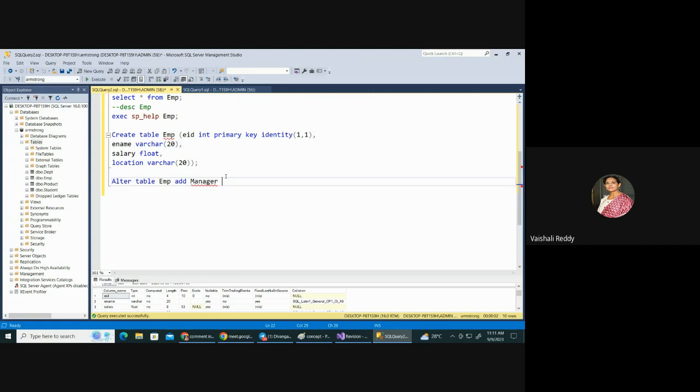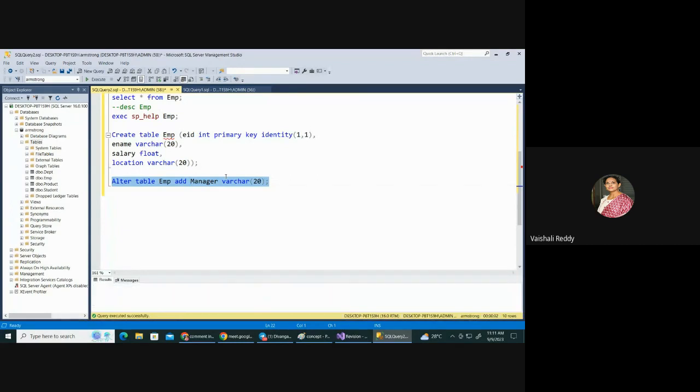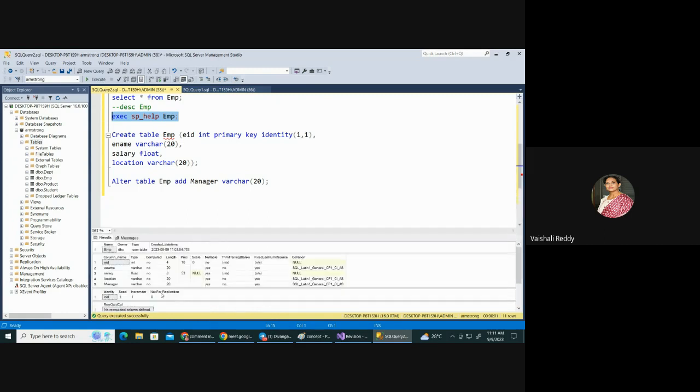Manager varchar 20. So just execute this. You can see command completed successfully. So now if I go ahead and check, can you see this manager has been added over here? So this is to add a new column. To add a column: alter table add, and directly the column description. Now the manager column we added, I wrote varchar 20 in it. Let's say I don't want it to be varchar,